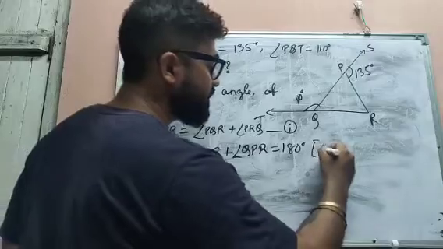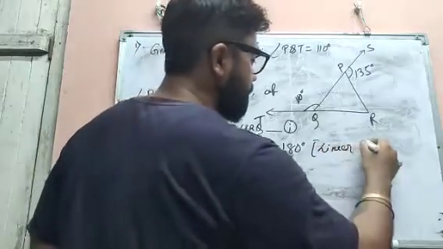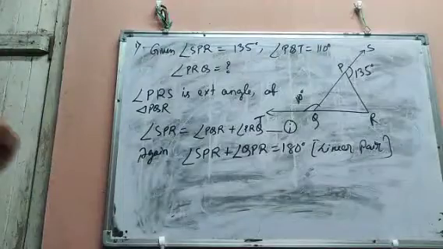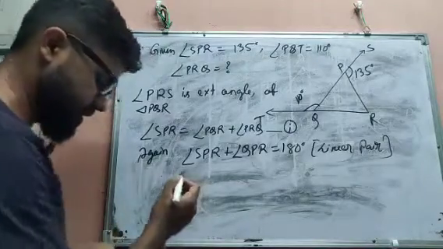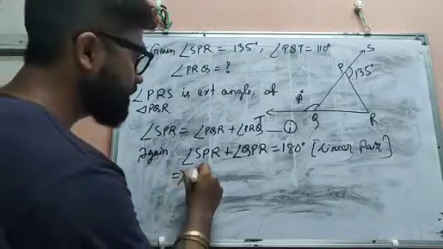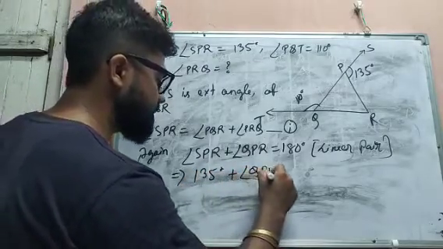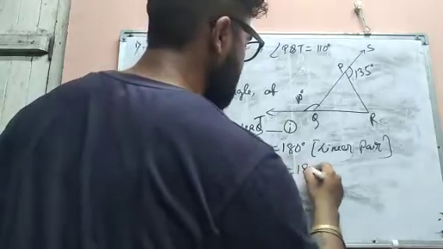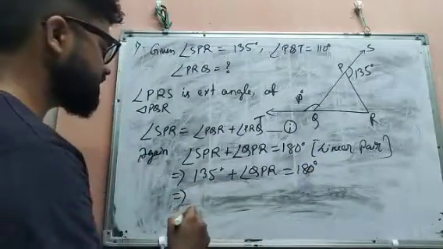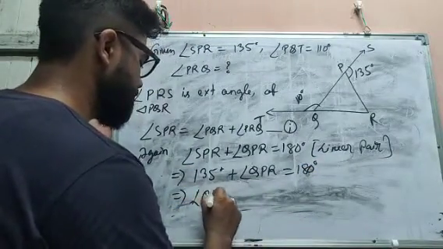We have to use the linear pair. Okay, so SPR value is given 135 degree, plus QPR equal to 180 degree. So we will get angle QPR equal to